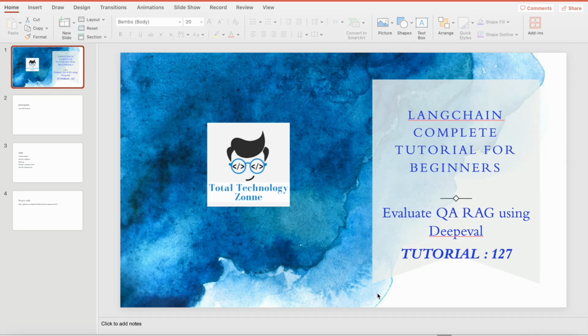This is tutorial 127, and in this tutorial I'm going to talk about one of the very important topics, which is how to evaluate your RAG using the DeepEval framework. You can call it a framework, a utility, or a tool. It doesn't matter, but for me,